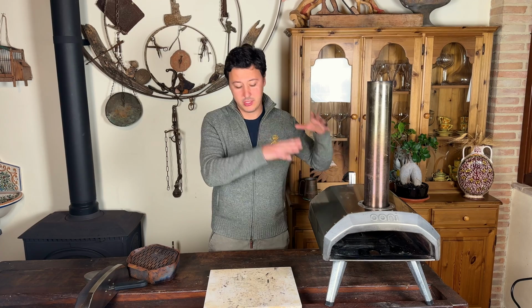I don't feel any difference whether I eat a pizza which has been cooked with the wood or the pizza which has been cooked with the gas. So my point of view, make it easy, buy the gas attachment, and super ease of use. Let's move on to number